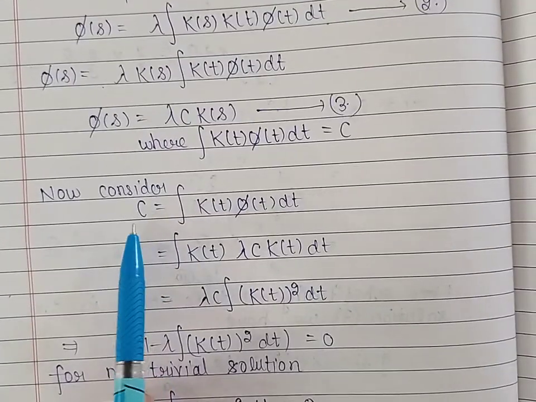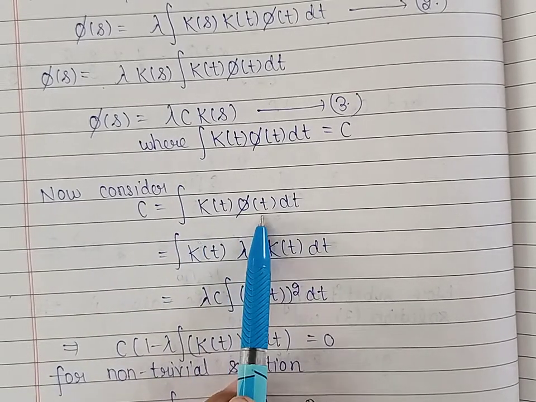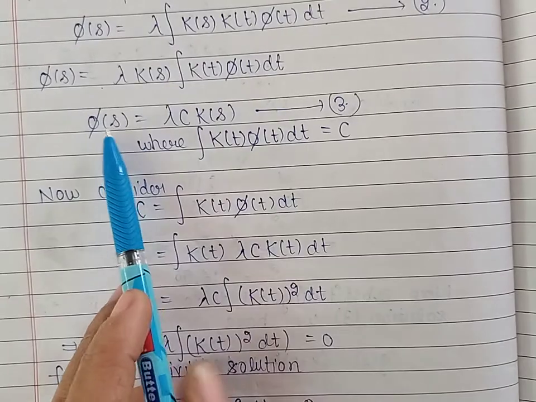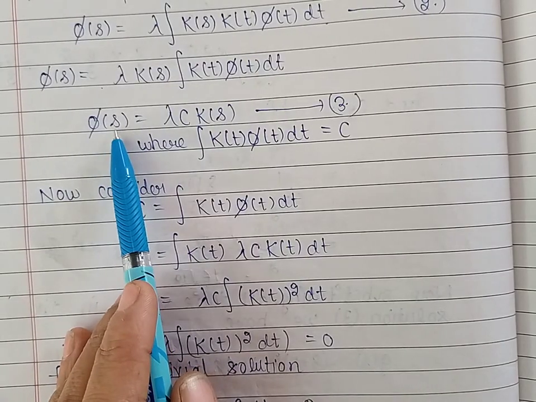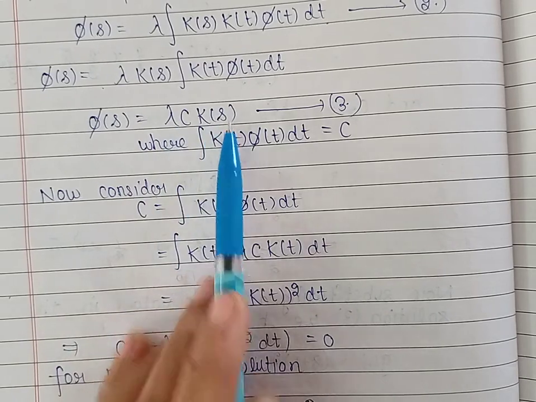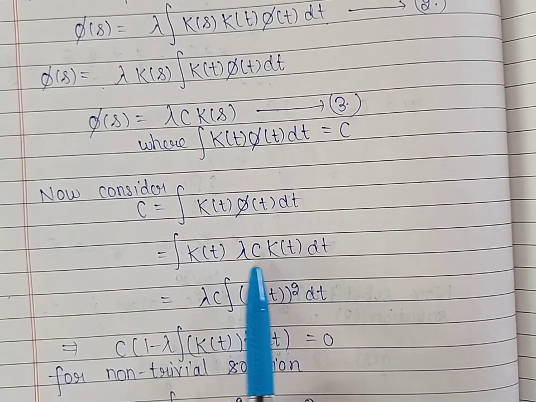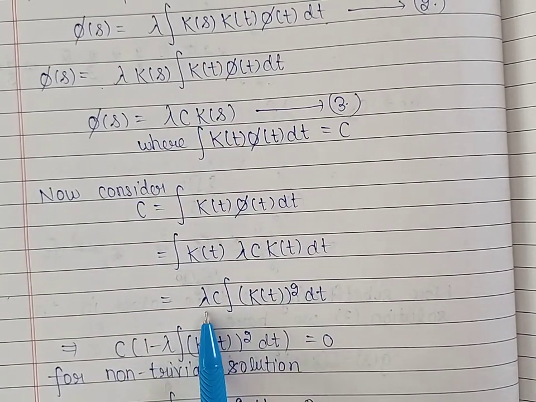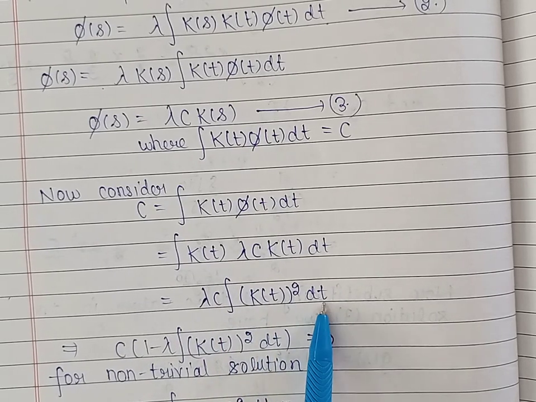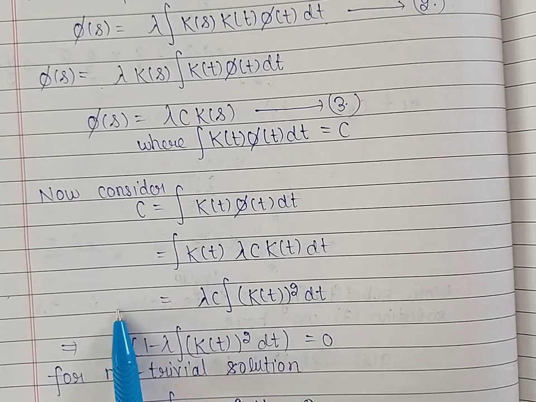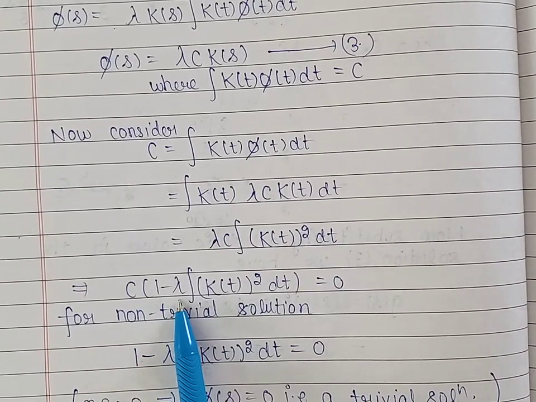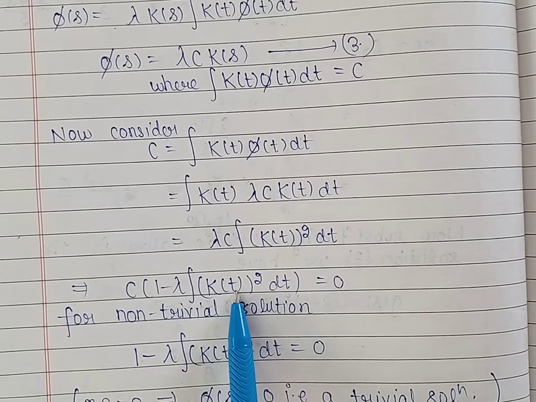Now c is ∫K(t)φ(t)dt. Substituting the value of φ(t), what is φ(t)? That is obtained by taking s equal to t here. This will become λcK(t). Substituting the value here and taking λc outside of the integral, inside we have K(t) whole square dt. Taking this term to the left side, we get c(1 − λ∫K(t)² dt)